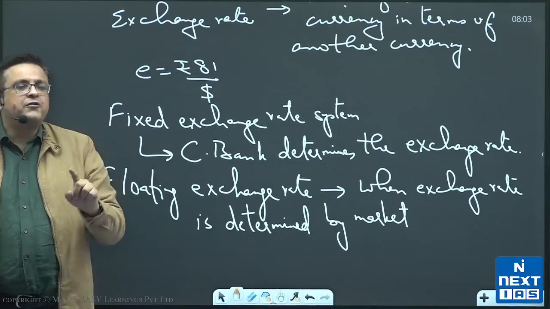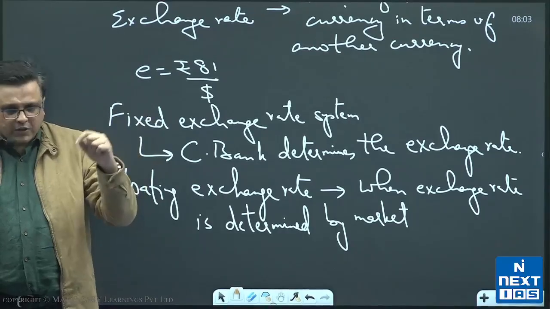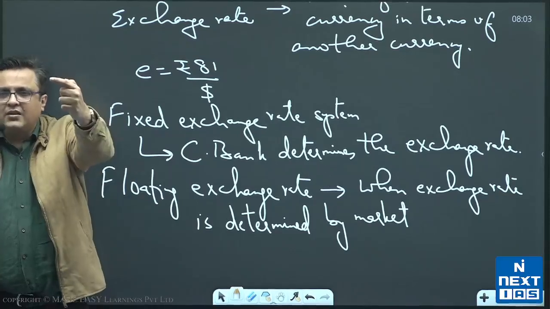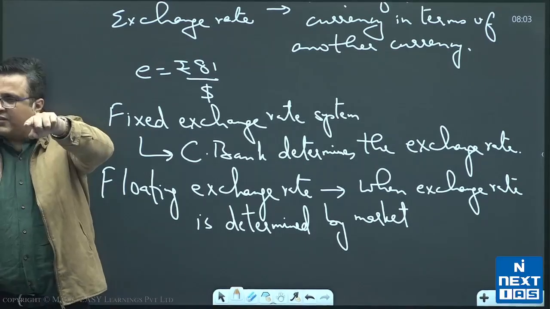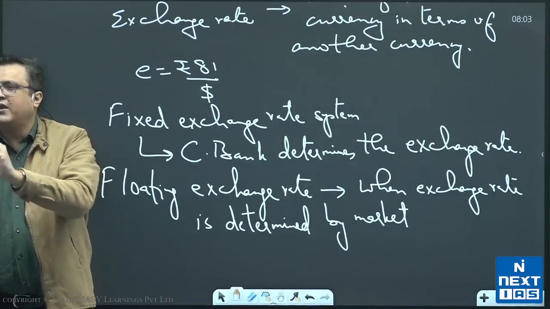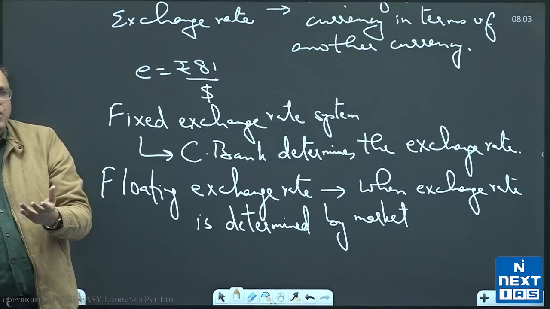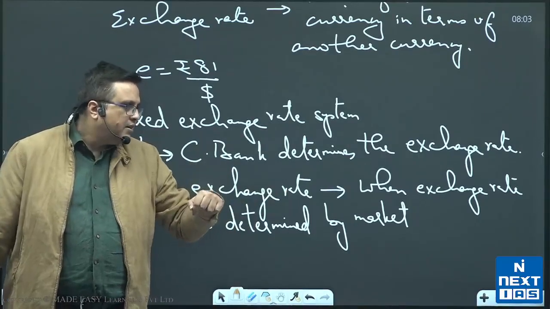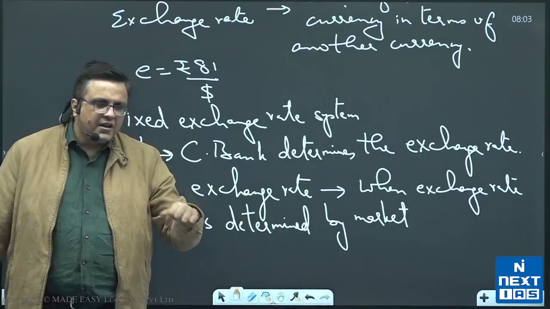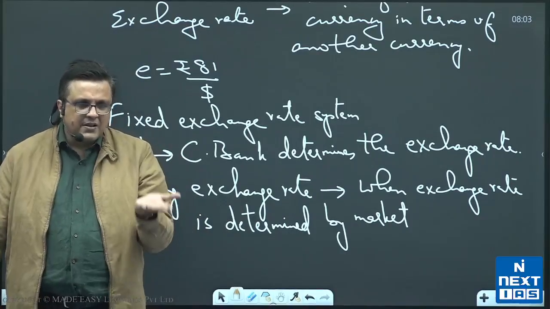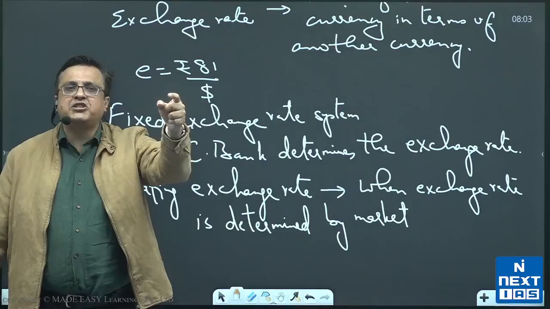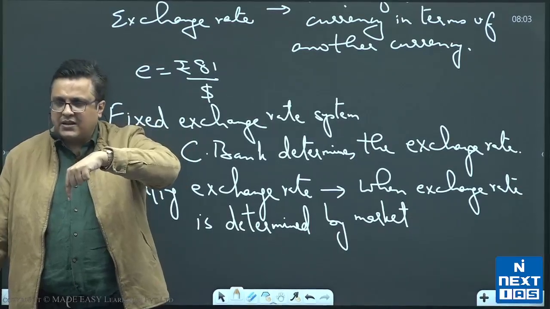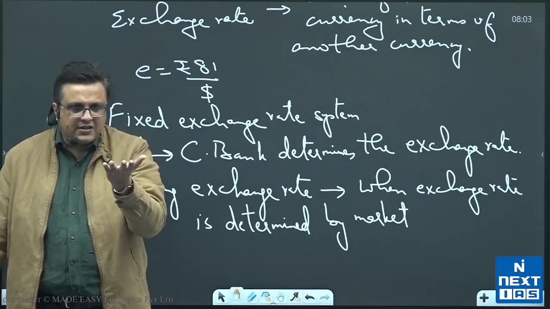And similarly, if I am importing more and exporting less, say for a second, if I am importing more commodities, then in that case I will demand more dollars and I will supply more rupees, and that will reduce the value of my currency. That is one example I am giving you. There can be more. For example, it is also possible if foreigners are investing more in my country. Again, if they are investing more in my country, demand for my currency will rise. For example, if foreigners come and buy shares on the Bombay Stock Exchange, if foreigners come and buy a factory in India, you understand that? Then demand for Indian currency will rise.